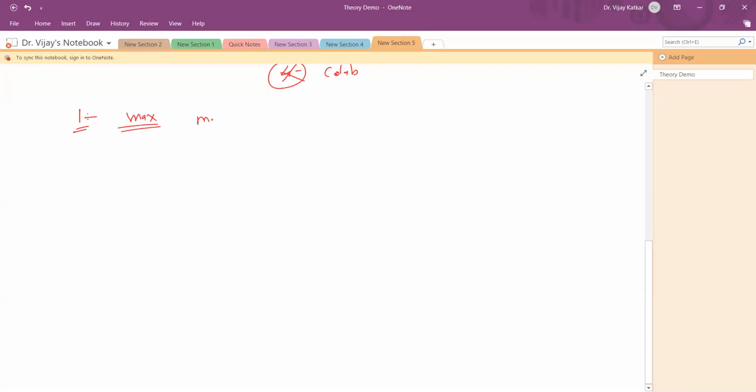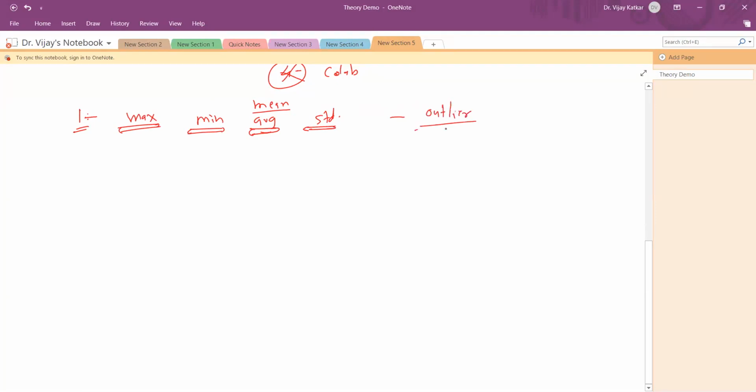maximum value, minimum value, average, or in many programming languages they call it the mean. Then we have standard deviation. These four values alone can do a lot. Let's see how these four values alone can do a lot. Let's say I want to identify outliers.